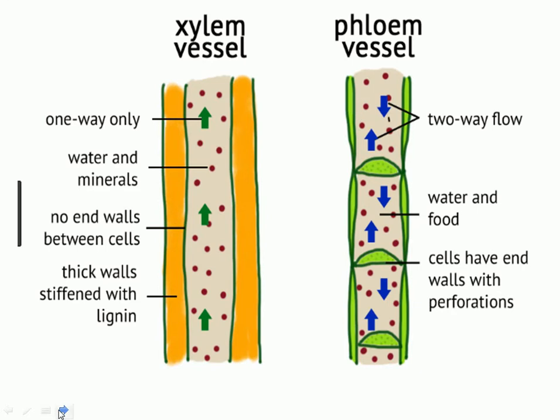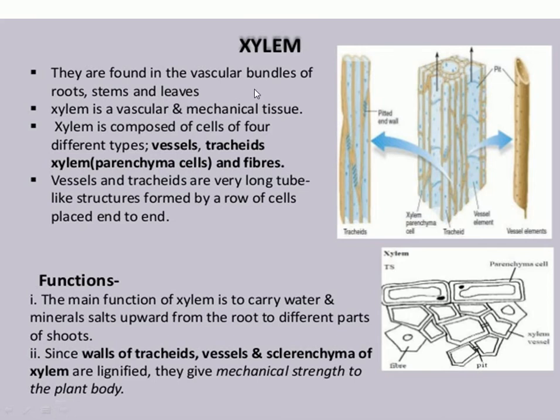Now I will discuss the components of xylem and phloem one by one. First one is the xylem. Xylem plays an important role inside the plant. I already said that it helps in the conduction of water from the root to all parts of the plant body. Water plus mineral solutes are transported from the root to all parts of the plant body. Then what are the components through which xylem is formed? They are the vessels, tracheids, xylem parenchyma and the xylem fiber.